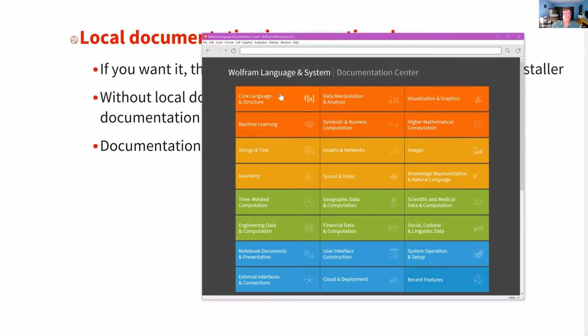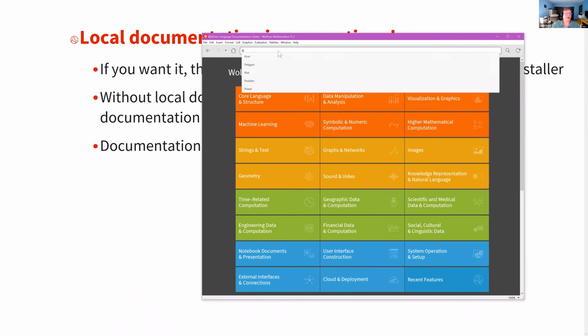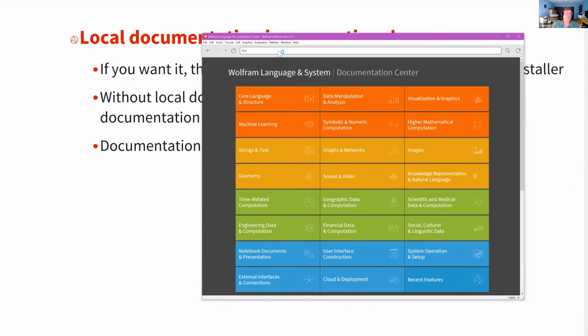Well, then why are we looking at a help page? What's up with that? If you don't have documentation installed, you still get the main root guide page here. Why would we do that? Well, we do that because documentation isn't just system documentation. You might have paclets installed that add documentation, for example, and we're not going to have all of your paclets on our web server. It will certainly have our stuff on our web server. So if I look up Plot, for example,